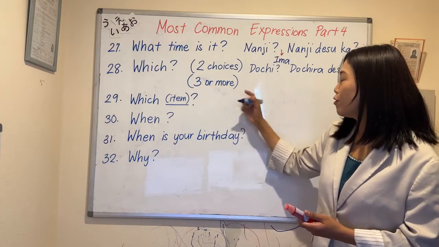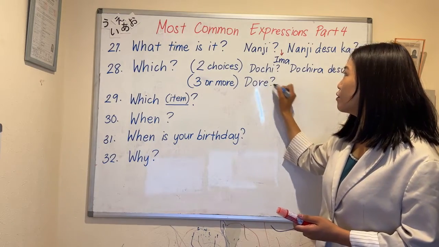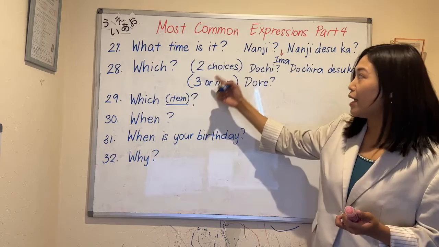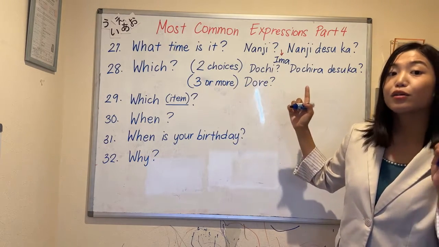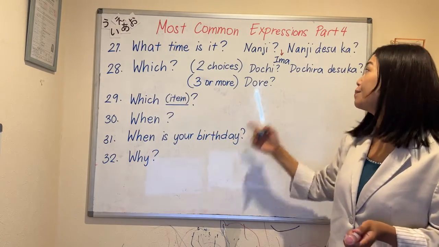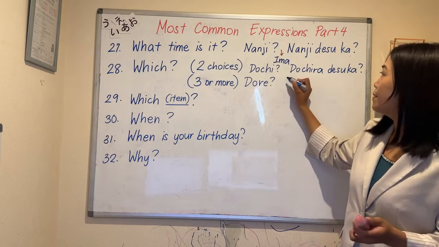When you have 3 or more choices, say dore. If you want to ask which one of the 3, ask dore. And if you want to ask it in a polite way,